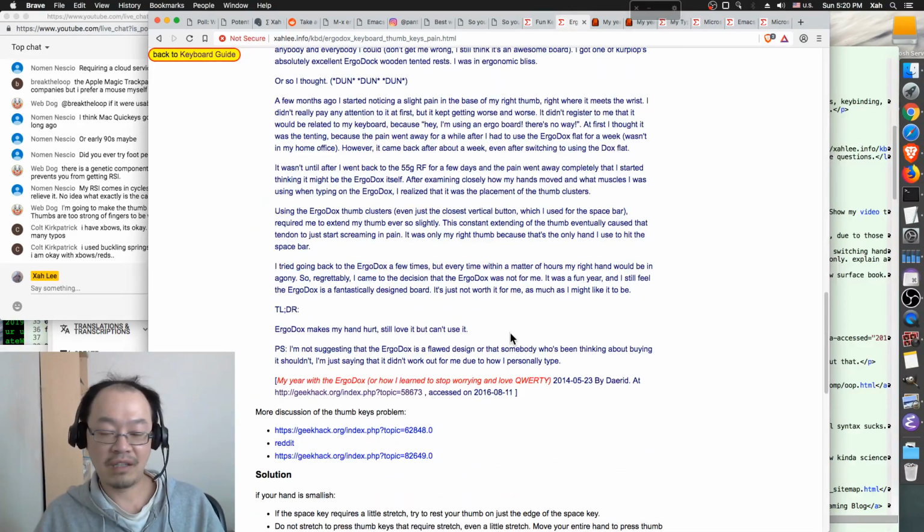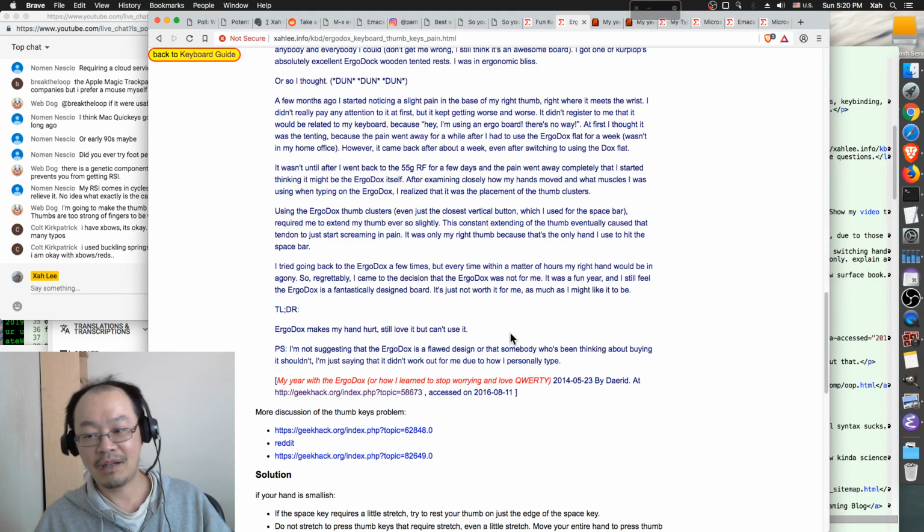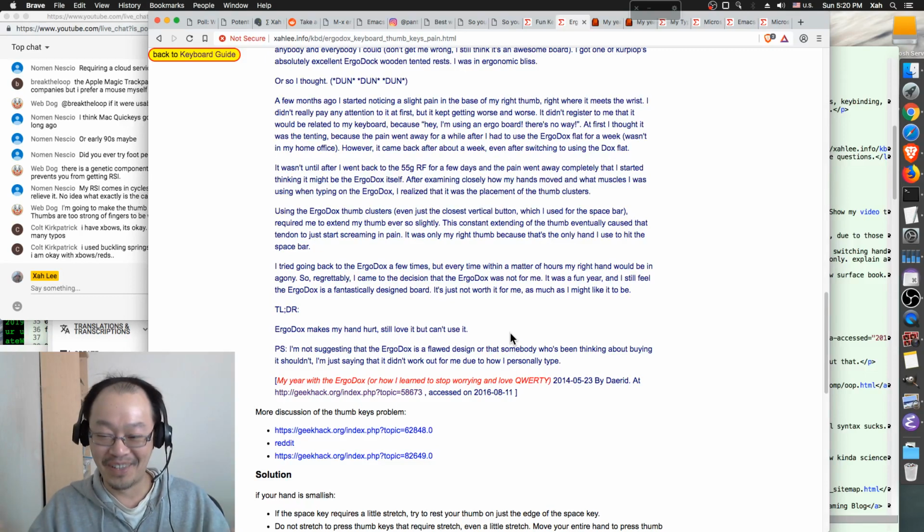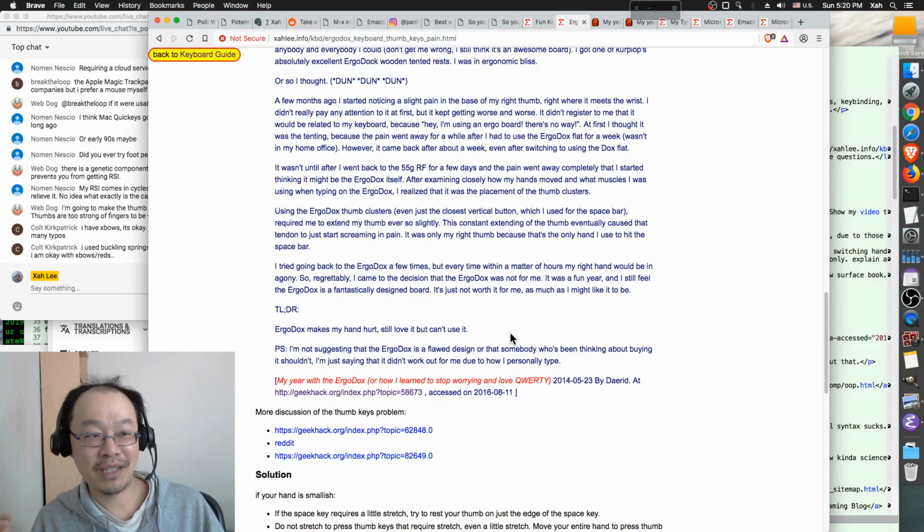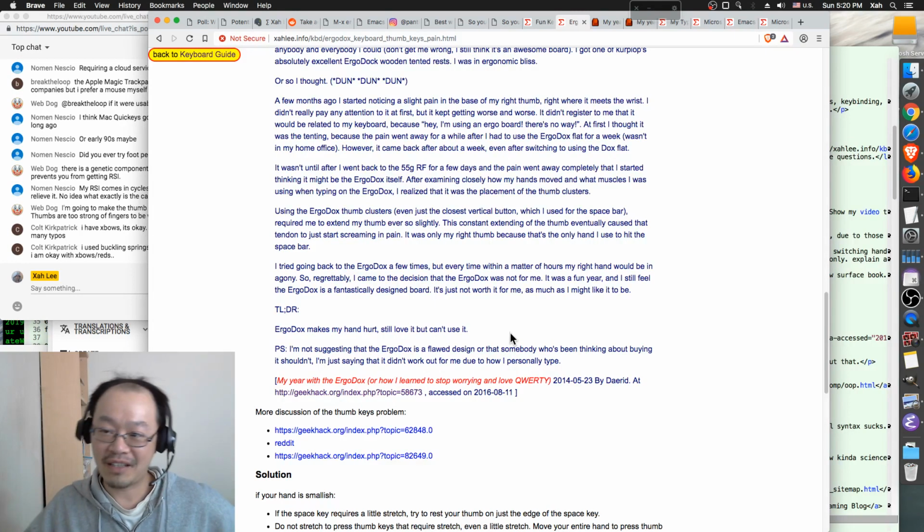So once he had a pain, his solution is he threw away all his ergodox keyboards. He switched back to the normal mechanical, flat PC keyboard. That's what he did. But it was a big story because you can see he spent over $1,000 on keyboards.